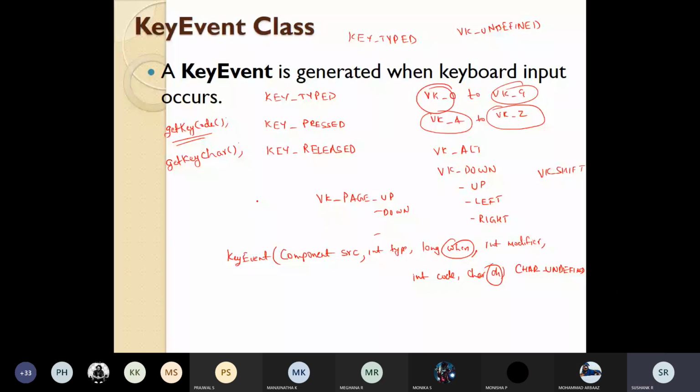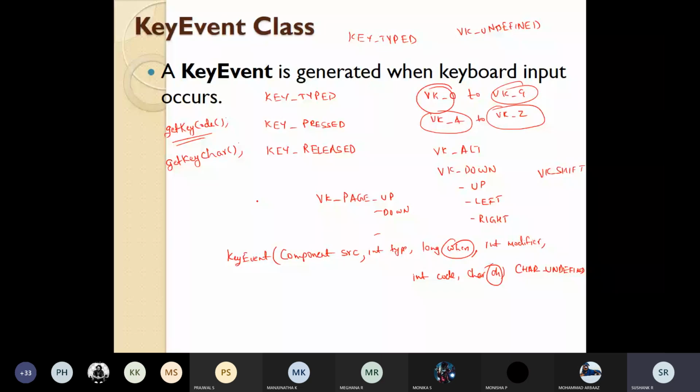This trigger pop-up flag will tell us if this event will cause a pop-up menu to appear on the platform. So we have 8 parameters. src will give you the reference to the component which has generated the event. The type of the event is specified by the type. The time at which the event occurred is given by the when parameter.